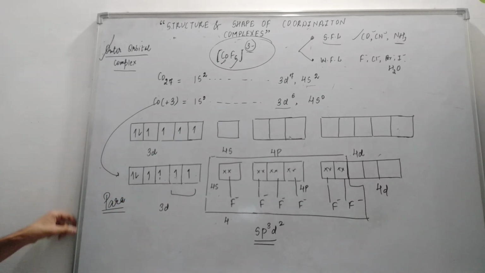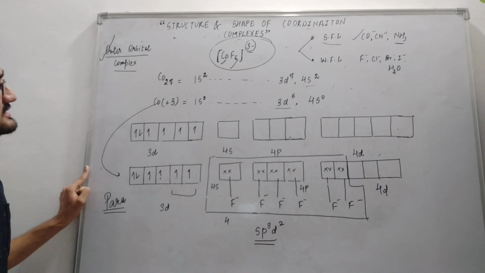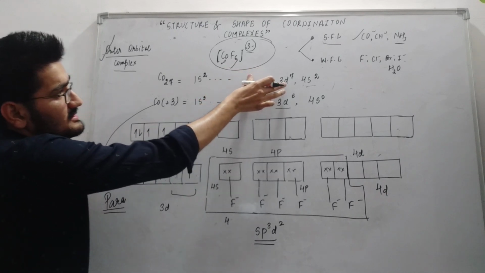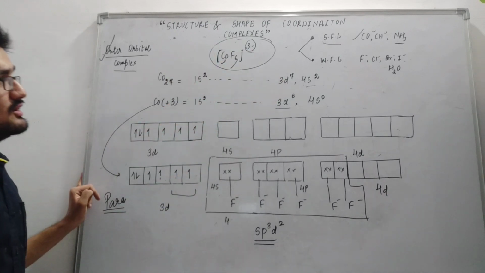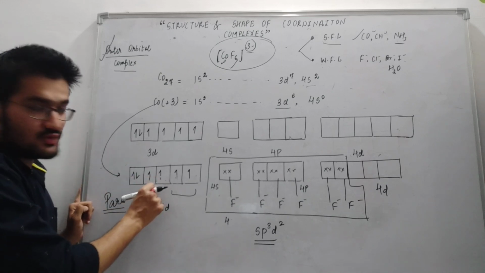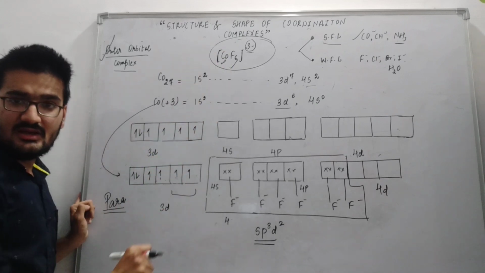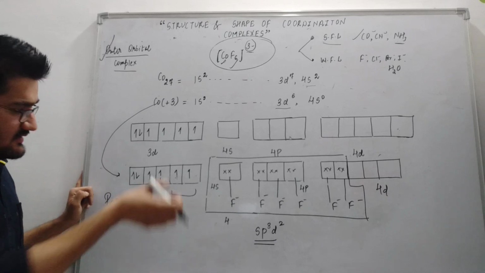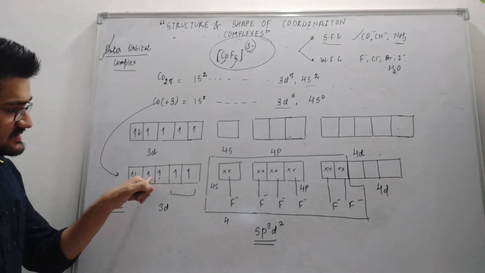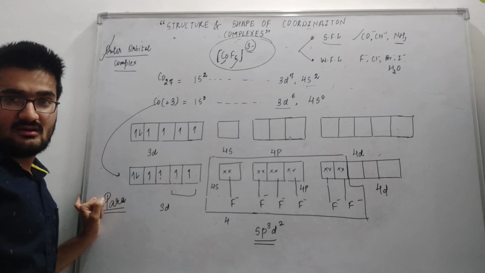So this is a paramagnetic complex. Because in competitive examinations or in any ISC or CBSE examination, the question paper can ask about the character of this complex, whether it is paramagnetic or diamagnetic in nature. If the electron is unpaired, then the complex will be paramagnetic. If there are no unpaired electrons, if these electrons are paired, then the complex will be diamagnetic. But this time 4 unpaired electrons are present, so the complex will be paramagnetic.